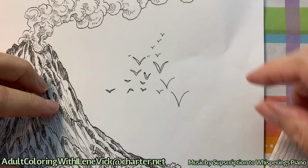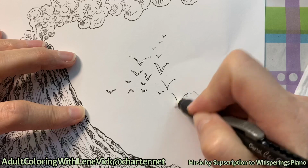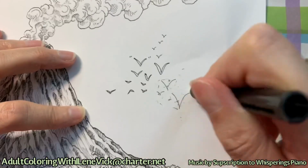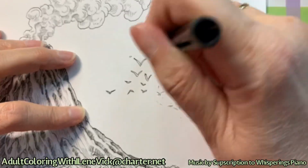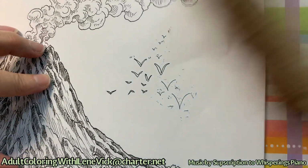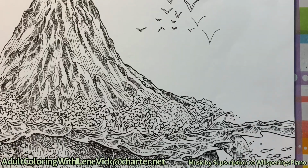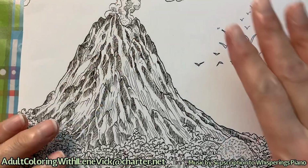And then what you do is, once that ink has dried, which I'm okay with it now, you just very lightly take your eraser and erase off your pencil marks, your guidelines. There you go. Oh, that looks so cool. All right, so now what we've done is we've gone through, enhanced the mountain, added the birds,